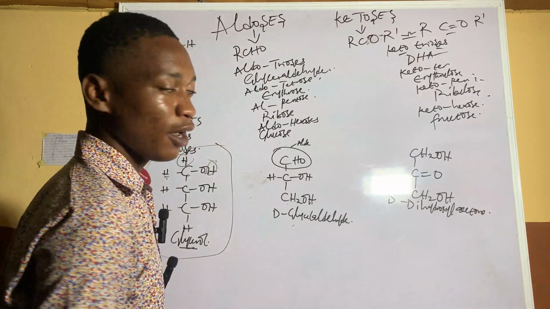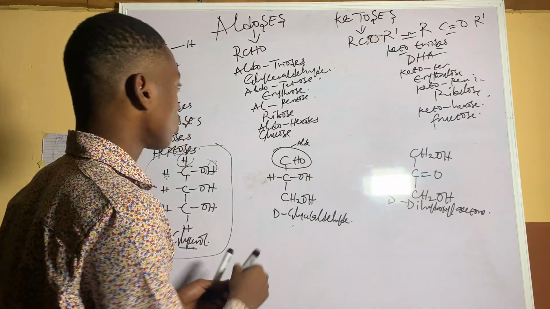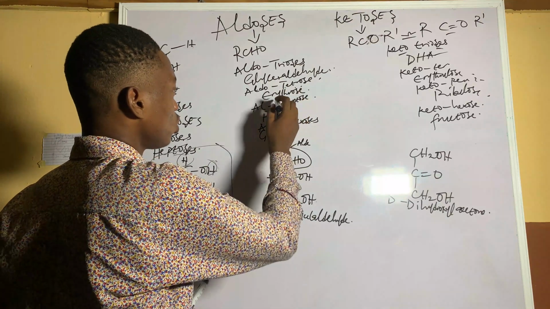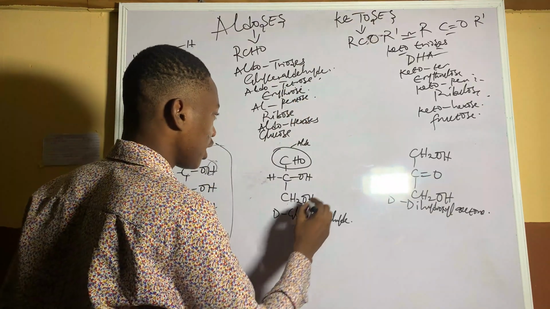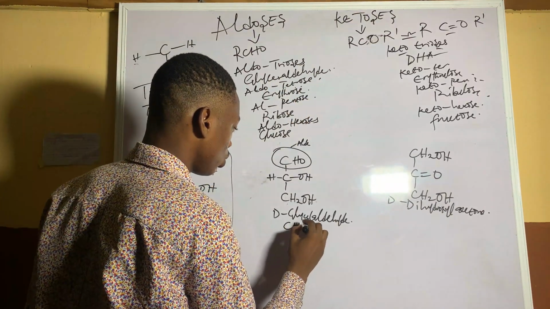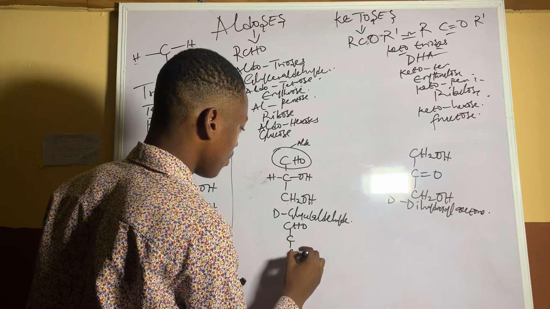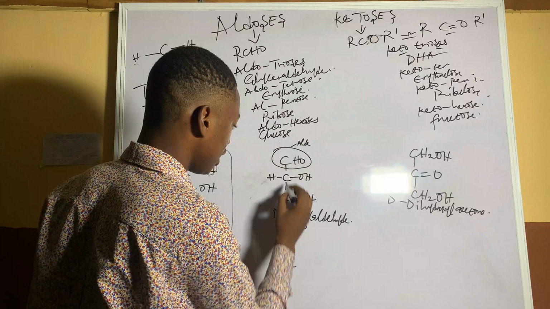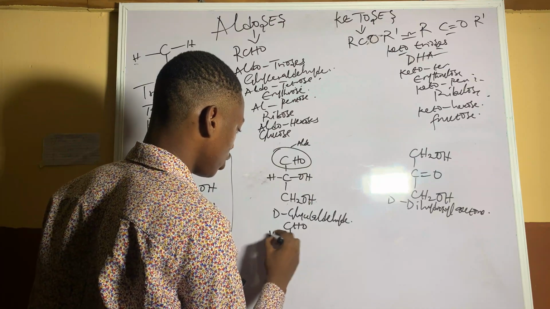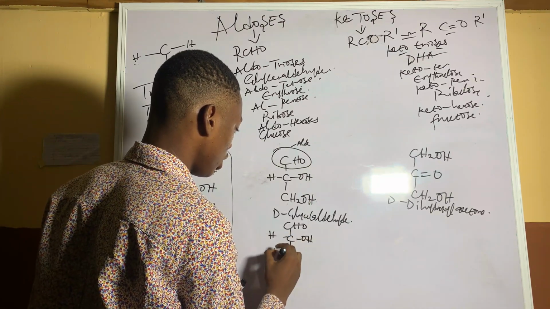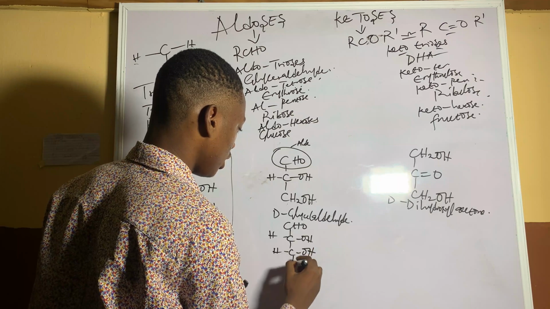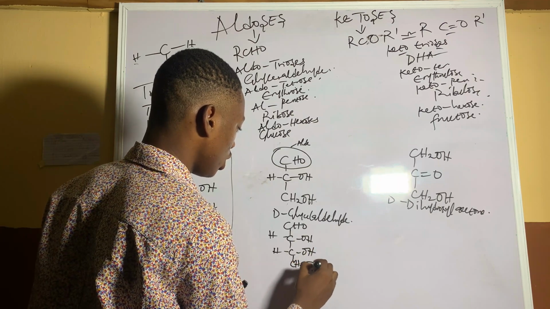So we can have 4 carbon atoms. That's when we have aldotetrose like erythrose. We'll have something like this: CHO, and then I have C. Remember, I will have 4 carbon atoms. This is 3 carbon atoms. So I will now have HOH, HOH, and then I'll have CH2OH. This is